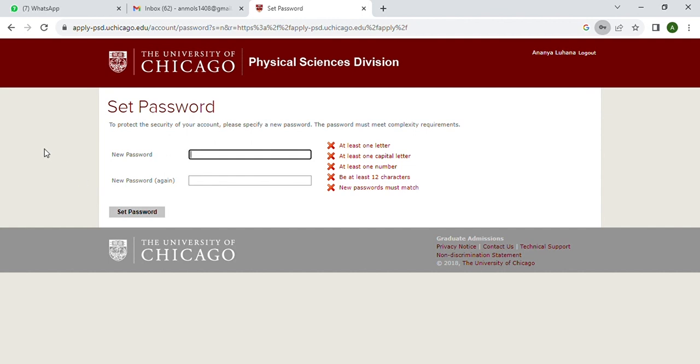After that, you need to set the password. Your password must contain at least one letter, one capital letter, one number, and it must be at least 12 characters. Then click on set password,